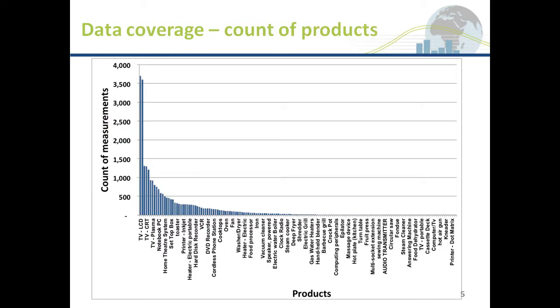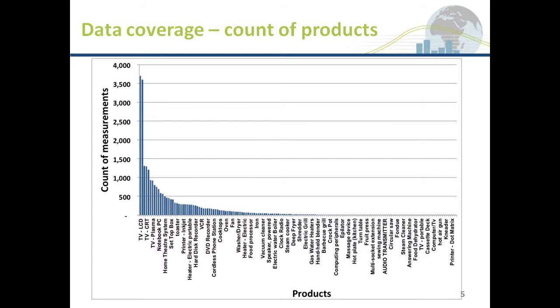So as I've mentioned, there were 26,000 products included in the analysis, and these broke down into 156 product types. And this chart here shows the number of measurements by product type. So along the bottom are listed the products. In fact, the ones that you can see on this graph are not all of them. The display has only shown every third or fourth title, but it does give you a feel for the range